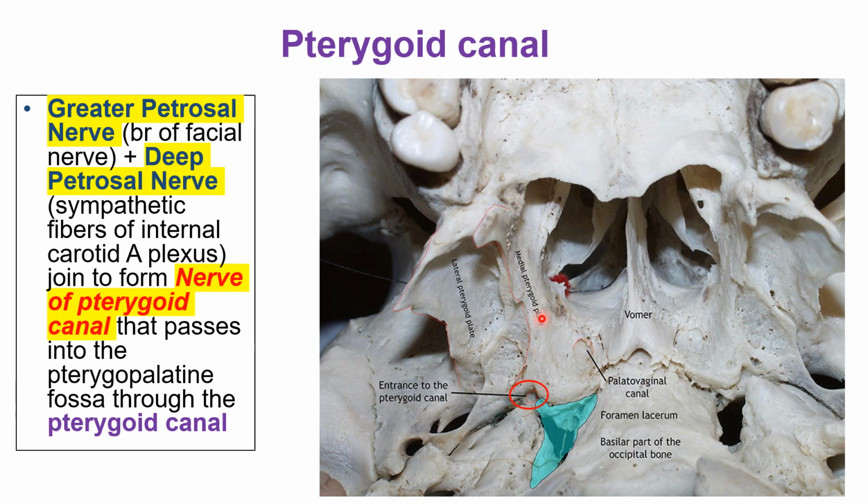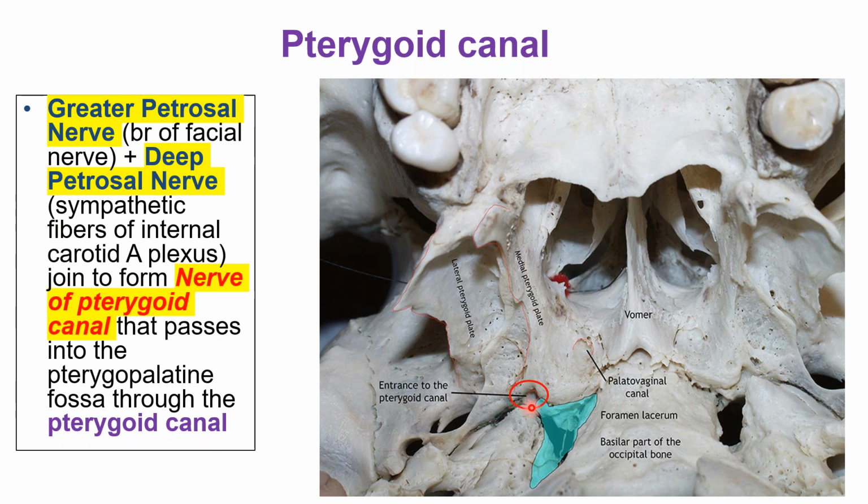So over here, if you look into the medial pterygoid plate, superiorly it is spanning out, and between them there is an entrance to a canal, and this is the pterygoid canal. Now look into the vicinity of the pterygoid canal, what all structures are there. There is the foramen ovale, and over here is the foramen lacerum. In the foramen lacerum, you have the internal carotid artery, and around it passes the sympathetic plexus nerves, which is a deep petrosal nerve, which when it joins the greater petrosal nerve forms the nerve of pterygoid canal, and then that nerve of pterygoid canal enters into this pterygoid canal.